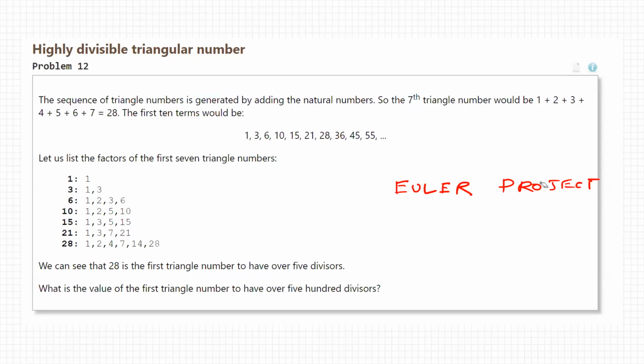This is problem number 12, and this is one of my favorites. Try if you can give a solution to this. The idea is something like this. There are things called triangle numbers. The way it works is it's n times n plus 1 divided by 2. Is this fine? This is a sequence. So when n is 1, what is the value? Yeah, 1, right? If n is 2, it's 3. If n is 4, you get the point, right? That's called a triangle number.